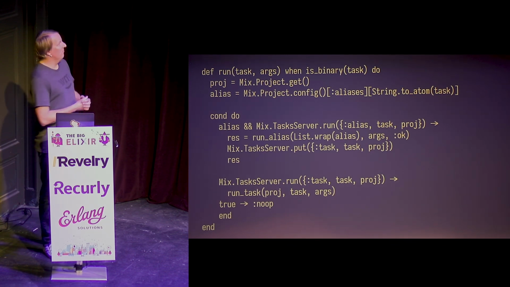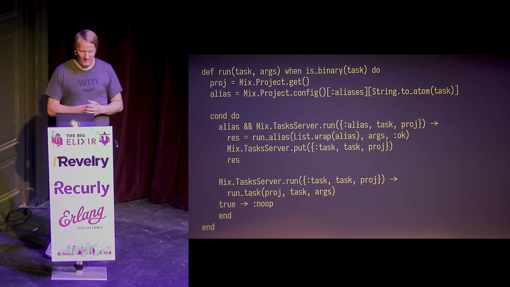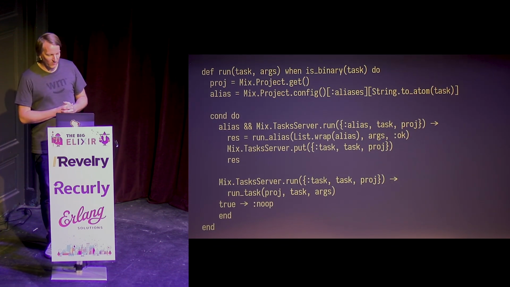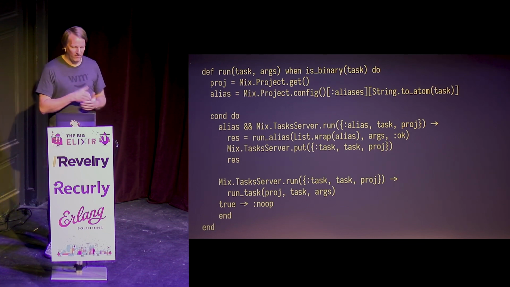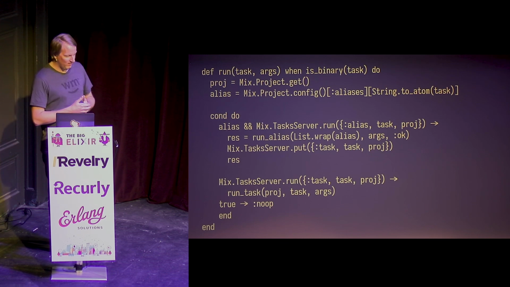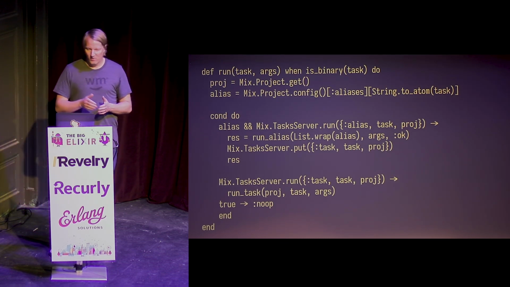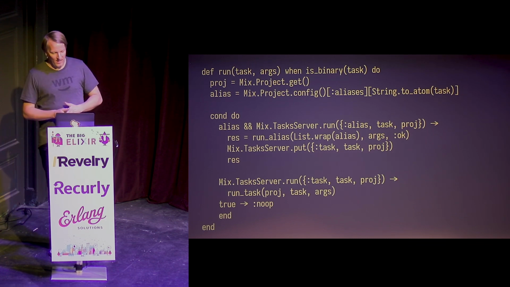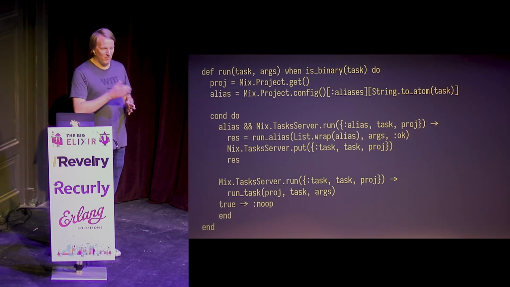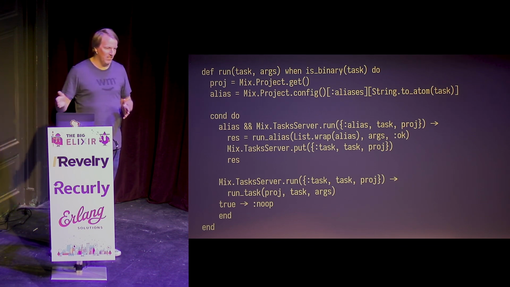So I think the most important thing to learn about here is that there's a tasks server. And what this is, it's actually an agent that keeps track of all the tasks that you have run. And so I think the common use case for this, why you need to know that, is if you're running 5 tasks, let's say, and each one of those has a step in it of mix compile, you don't want to run mix compile 5 times.